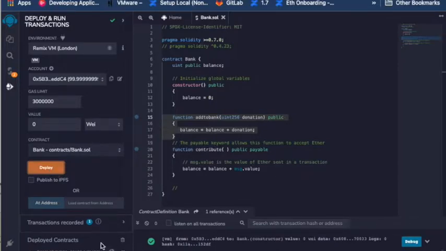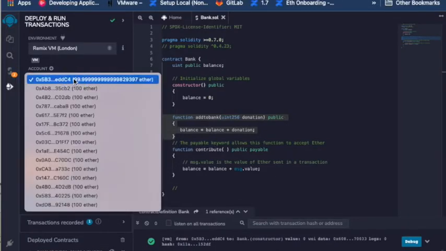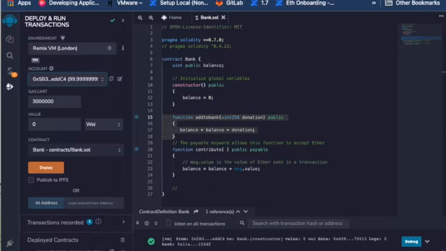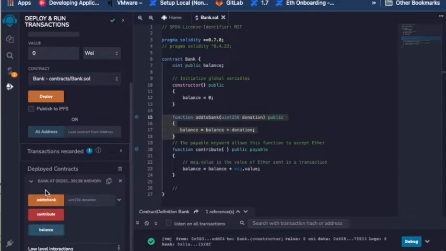The deploy is successful. And if we take a look at the first account now, you can see that it's no longer 100 ETH. There's a little decrement paid to pay for the gas needed to deploy the contract. And then on the lower left-hand side here, you can see the contract is deployed at this address. And there's three buttons here. One is